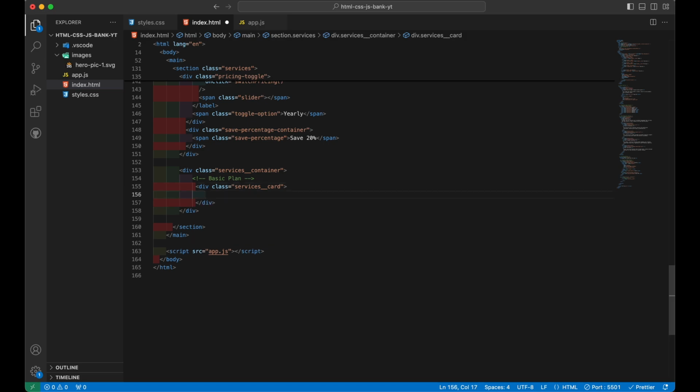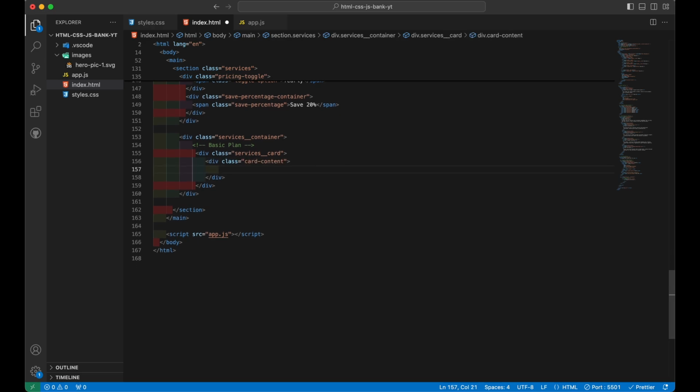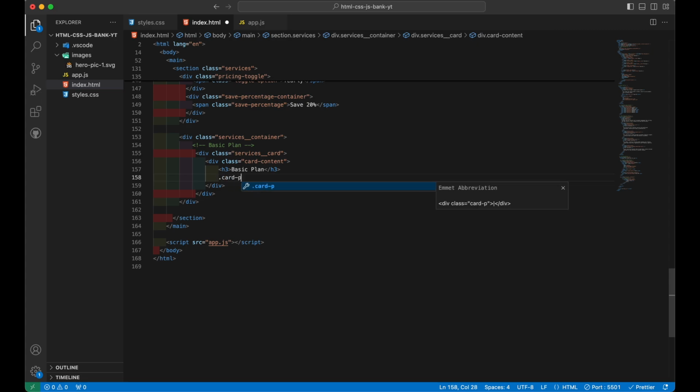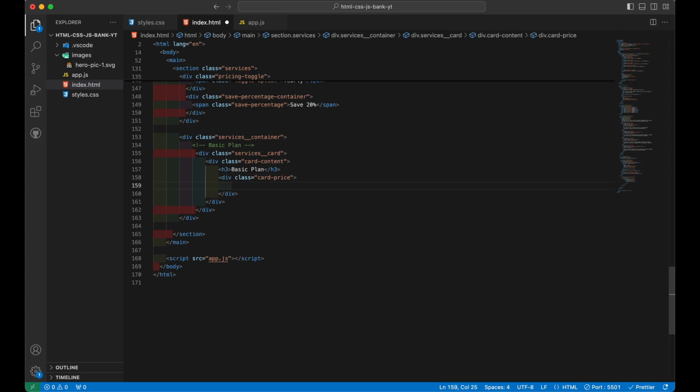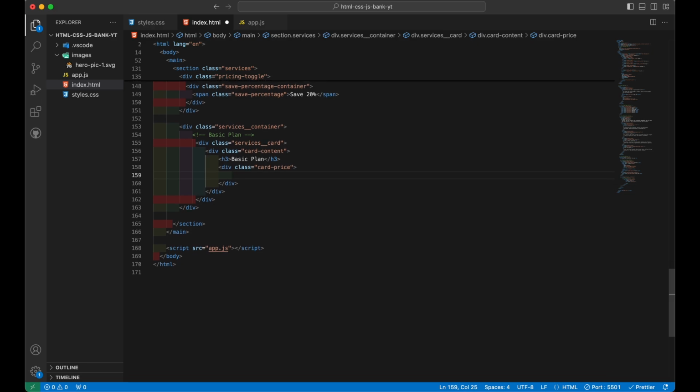So this will be essentially the rectangle shape, and then we'll have another div, and I'll just call this card content. So this will contain the information. So let's do an H3, and I'll say basic plan. Now underneath the text, I'm gonna make another div. So I'll say dot card dash price, and in here we're gonna go ahead and put a p tag, and